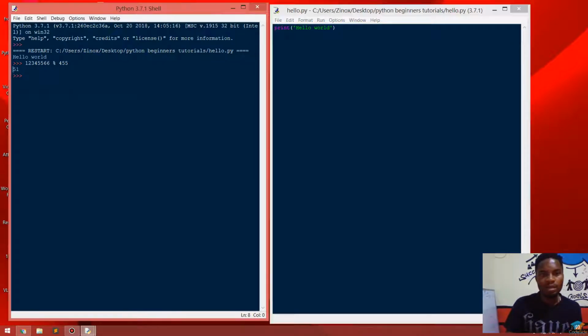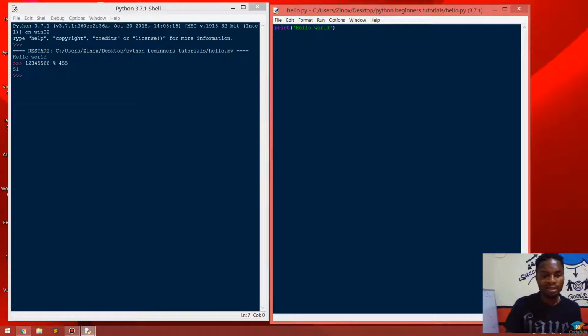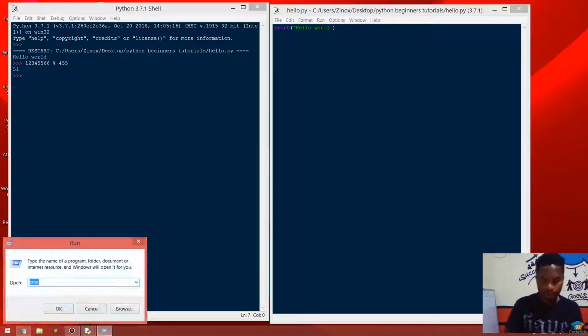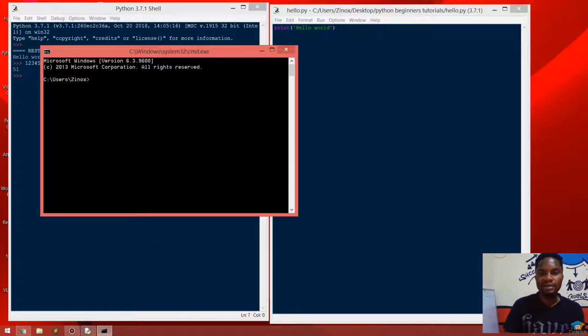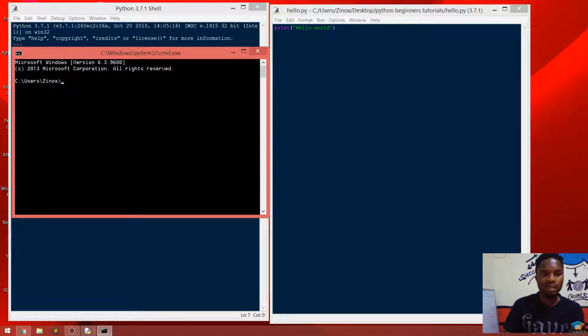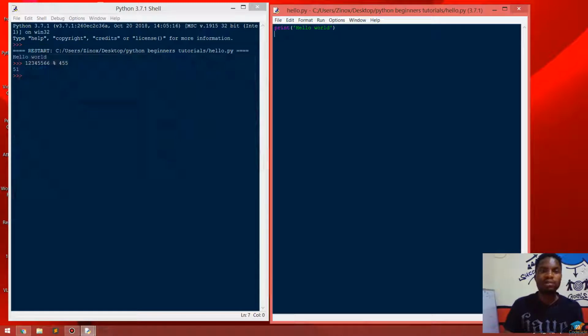Okay, but now what will happen? Let's say I want to run this on my computer CMD. Okay, I'm going to have to go to where this file is, right? So I might have to keep this away, because you actually need to get comfortable with your CMD, command prompt. Okay, so let's not bring that in, but for now just stick by the IDLE and your text